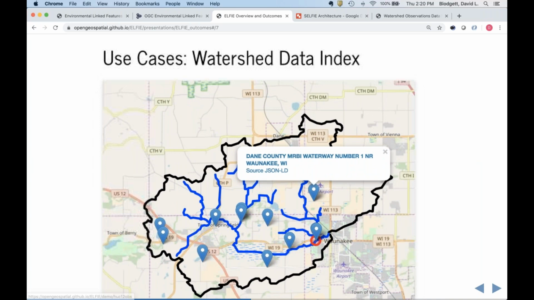Okay, so ELFIE was almost entirely use case driven, in the sense that for scoping of the project, we started with these evocative use cases, and then as we went into the project, some use cases were used in design discussions, and other use cases were actually used in experimental implementations. So these few were used in experimental implementations, but there's a whole slew of other ones that are discussed in the engineering report.